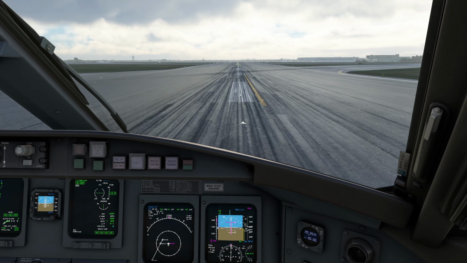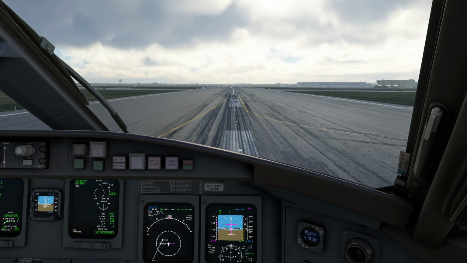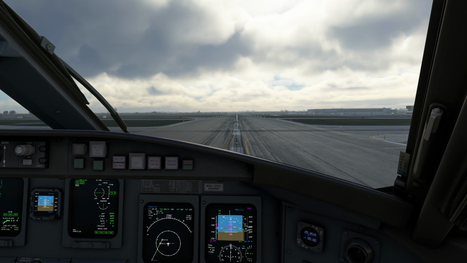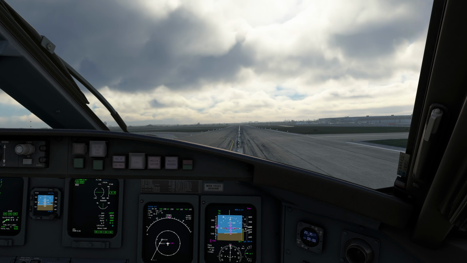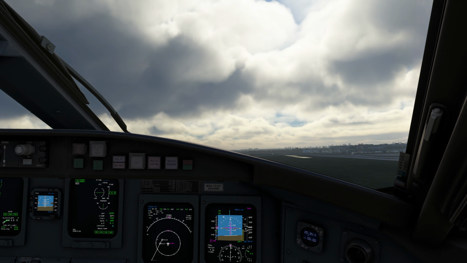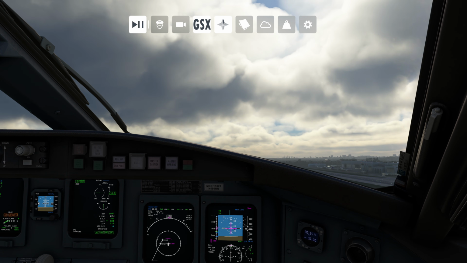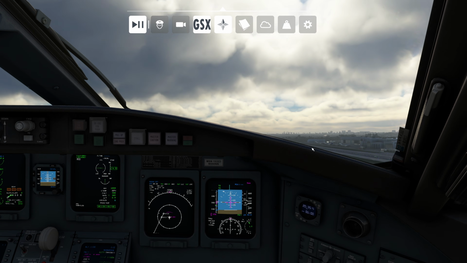So we're going to go V1, rotate, pitch up, get the airplane up, up, up, keep going, keep going, all the way up to the flight director. Okay, gear up. I'm going to pause. All right, so